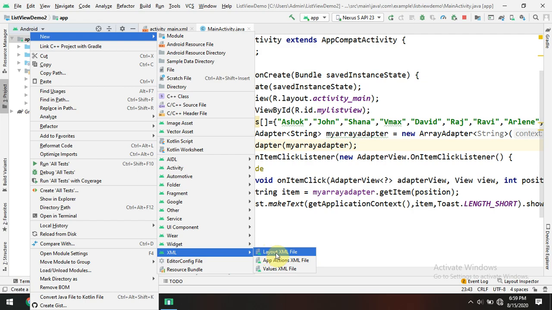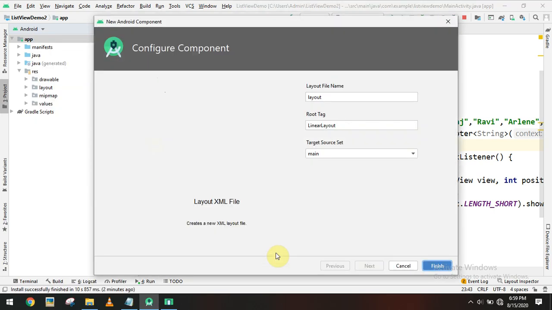You select layout XML, and you can rename the layout. For example, my list item, I want to configure my own list item, that is the name of the layout file, and the root tag, I want only text view.